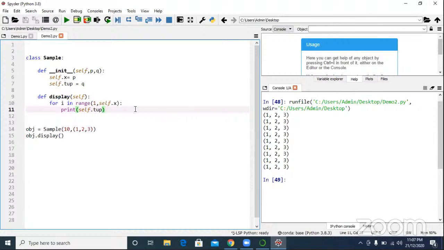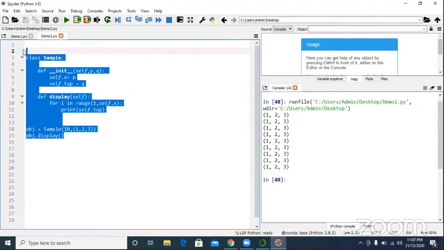Any doubts? The __init__ is the constructor name. Shall I proceed? Yes, you can.